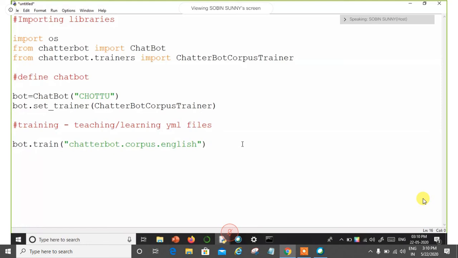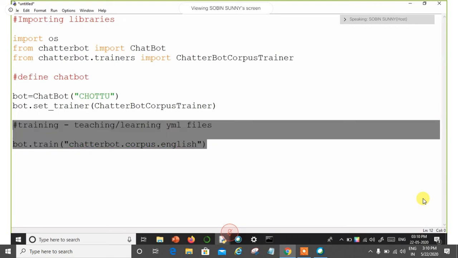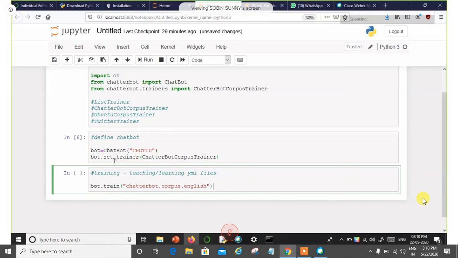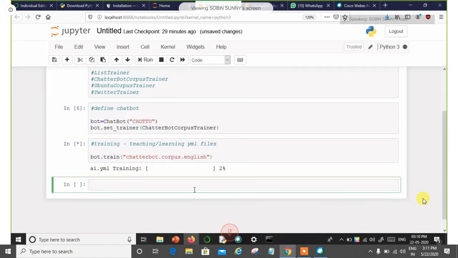this starts training. It will be much easier to understand that with Jupyter. I shall just copy the same line here. Now I shall just run the cell here. You people who are using IDLE, please don't run it now because the program is not yet over. Those people who are using Jupyter can run it because it can interpret cell by cell. So I'm running it in my Jupyter now, and there you can see it starts training.